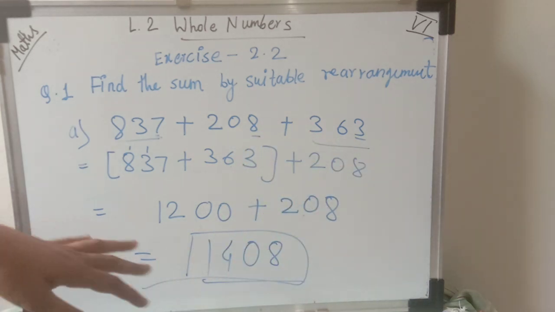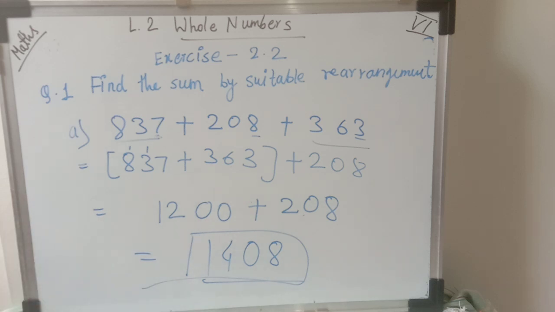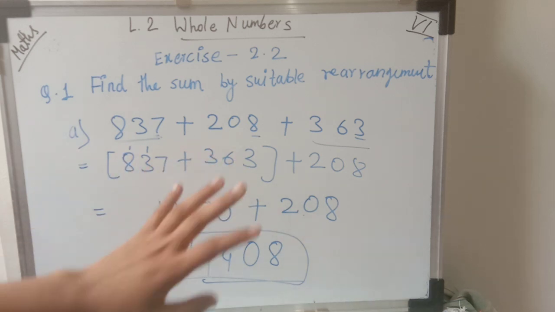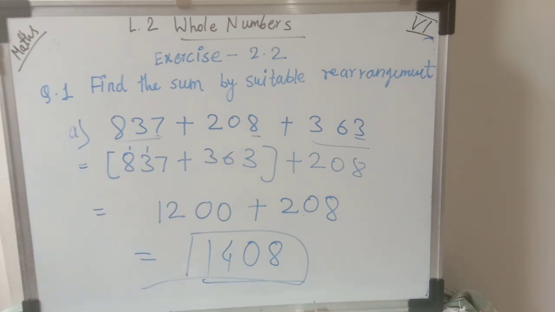See here, in any order we have learned in associative property. If you change their order, in any order if you add them, you will get the same answer. But what I'm trying to say is, when you are rearranging them, that time make your work easy. Whenever you are adding numbers, see the last digit, it is very important. If two digits give you a value near to 10 or 0 near to 100, that will be easy for us to solve the example. I hope you are understanding what I am trying to say.